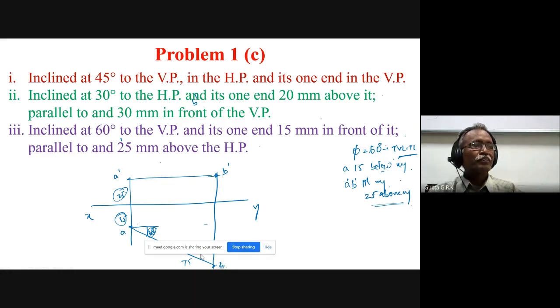Is that clear? Yes, sir. Okay. This is the way a line inclined to one plane and parallel to the other plane is to be drawn. Now if it is perpendicular, that is, one of them is 90 degrees, what happens? So just to understand, when it is 90 degrees, it is perpendicular to one plane and parallel to the other plane, right? So wherever it is parallel, the view on that plane will be true length. But whenever it is perpendicular to one plane, what is the length of the line? Point. Okay, so that's zero.